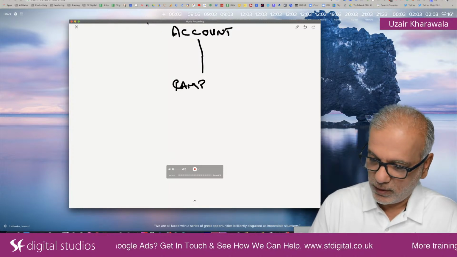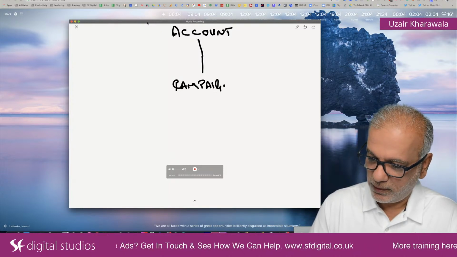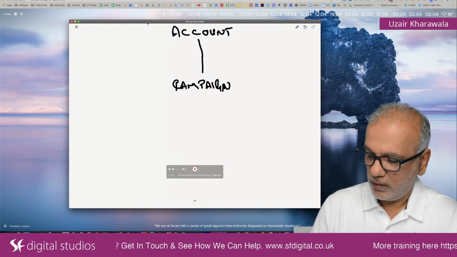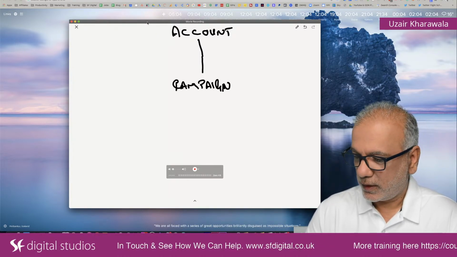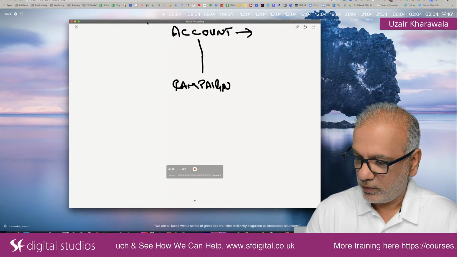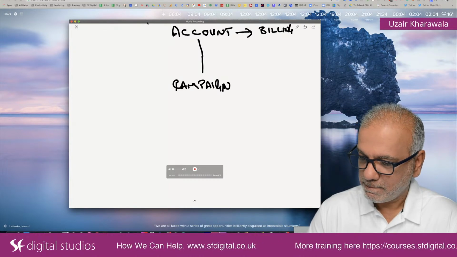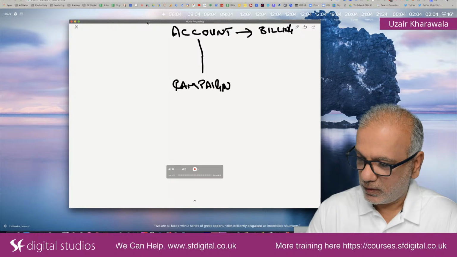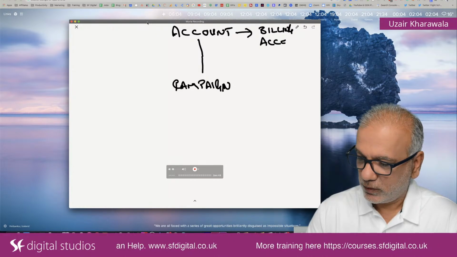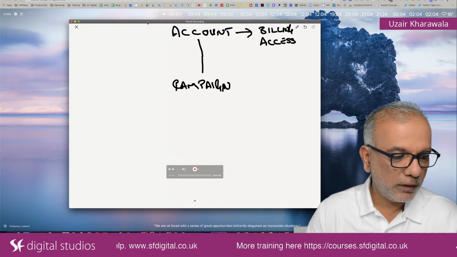So you can have one or you can have multiple campaigns, it really doesn't matter. But in between that, at account level, you also have your billing, your account access to either yourself or to multiple users,